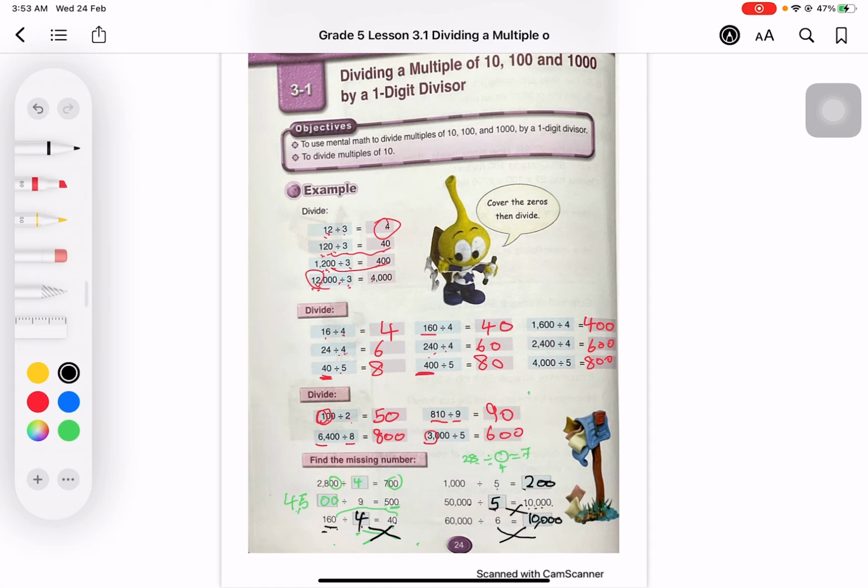10,000. Now let's check. If I multiply 6 by 10, the answer is 60. And I will drop the 3 zeros. Okay? So to know how much I should write, after solving, you need to check your solving. Did you solve correct or wrong? Multiply the divisor by the quotient. You should get the dividend. Okay? Now,